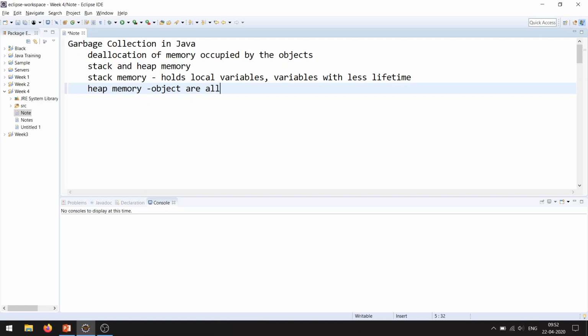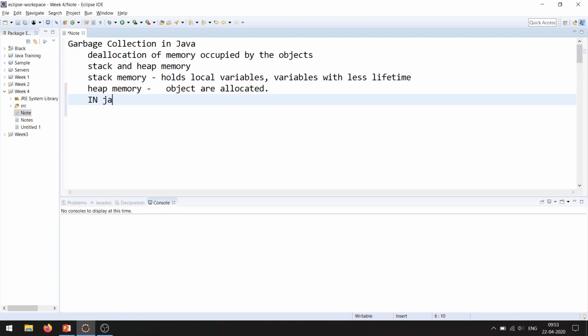Objects are allocated. So whenever you create an object, memory will be allocated from the heap section of your memory, and whenever you create a local variable inside your program, a memory part will be allocated from the stack memory. This is what happens in the background whenever we create an object or variable for our application. Objects are always created during the runtime of the program, so at runtime, memory from the heap section is allocated automatically.